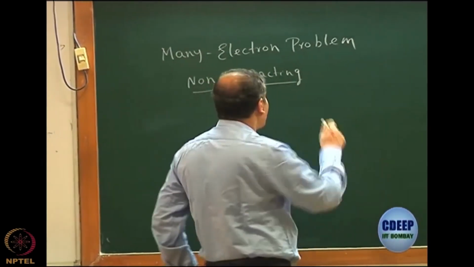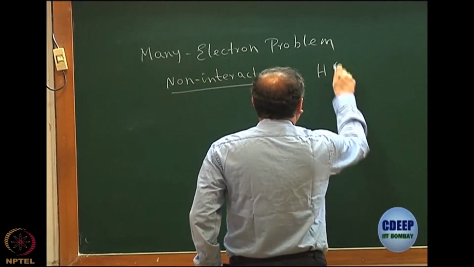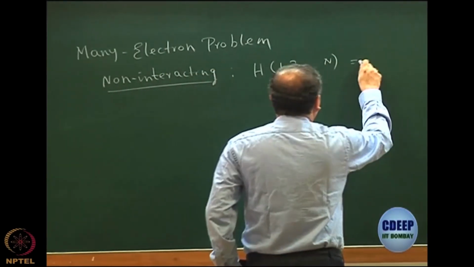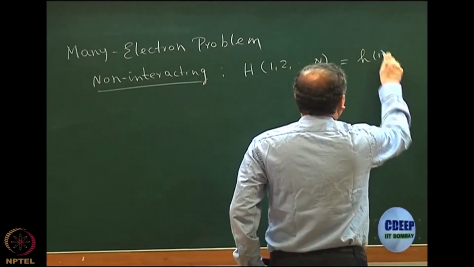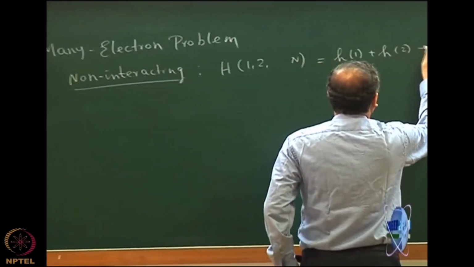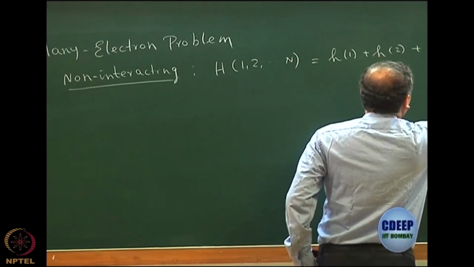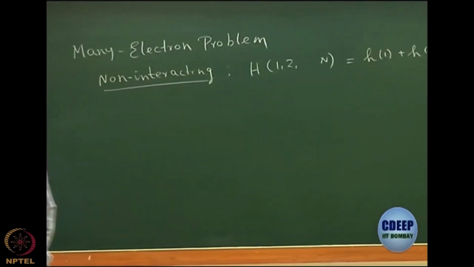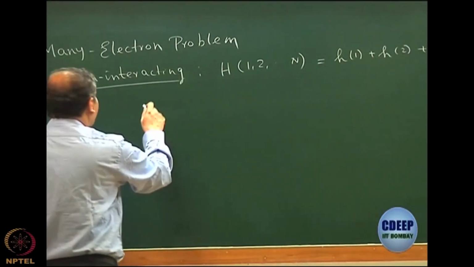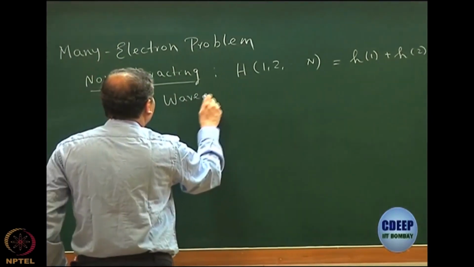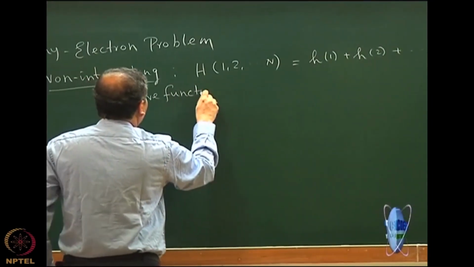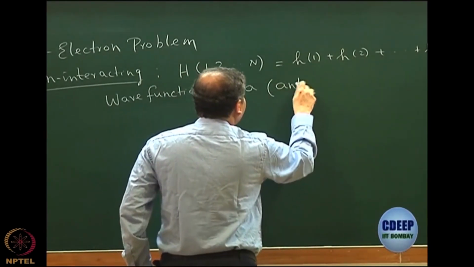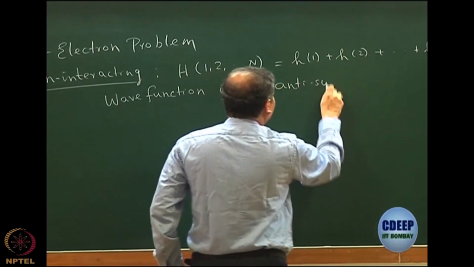So, what is non-interacting? It means your Hamiltonian for the n particle problem is a sum of n one particle problems: H1 plus H2 plus up to Hn. Let us say that your Hamiltonian is of this form. In this case, the results are very easy. The total wave function is a product, and we will later see that this will actually be an antisymmetrized product